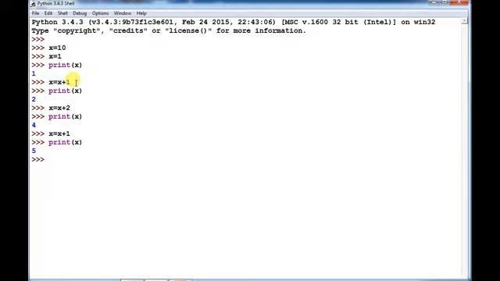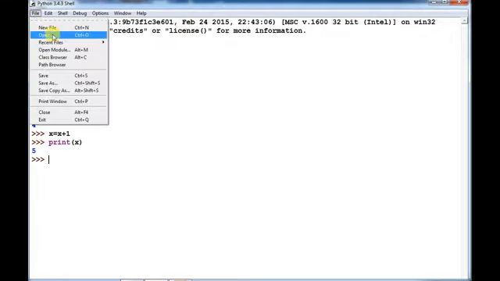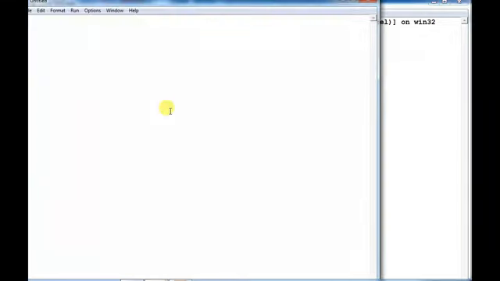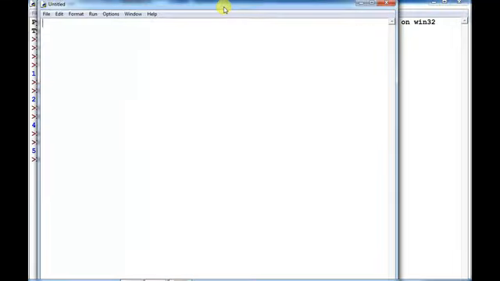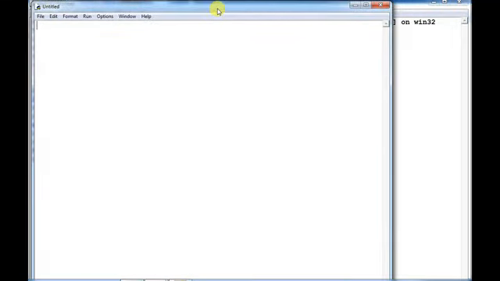So the meaning is, suppose you are executing the same statement at certain periods of time. If you need this kind of task in your programming, then instead of repeatedly writing the same statement or group of statements so many times, we can use a looping statement. Suppose I give one example: print natural numbers from 1 to 5.